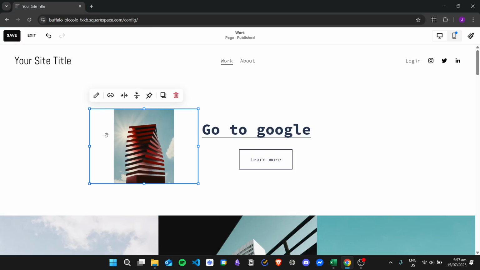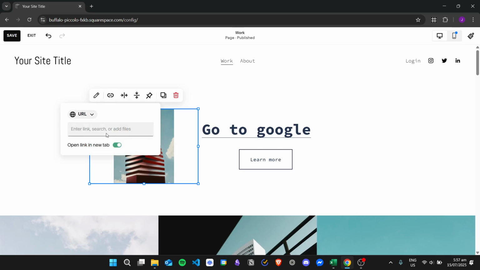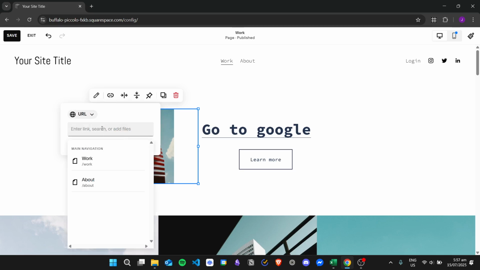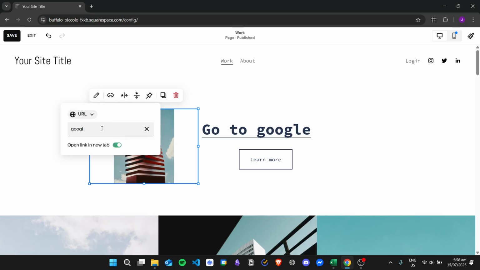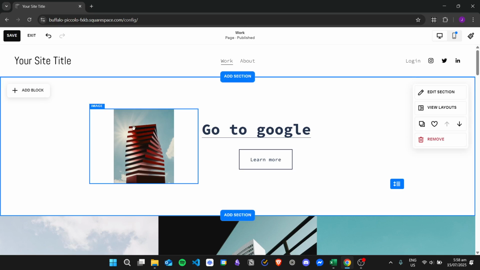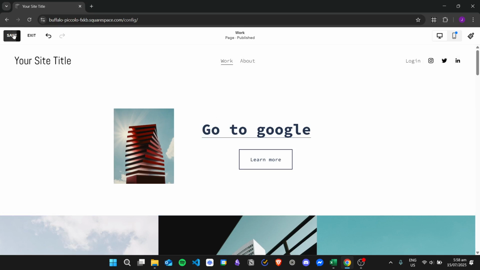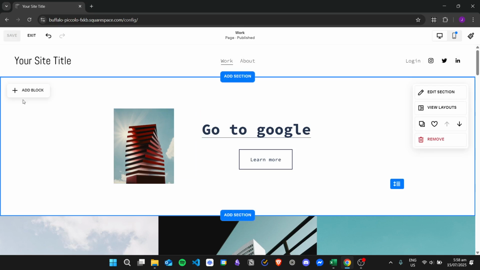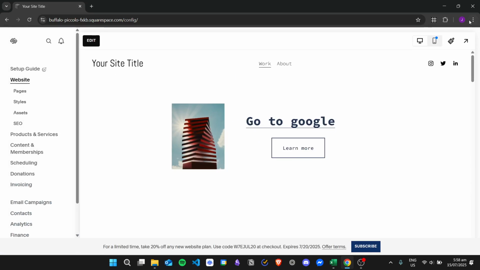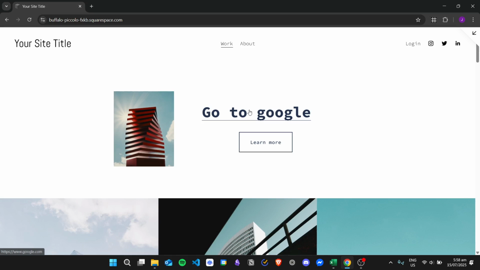And then for example, right here as well, you can also do it for the image. Just click on the link, and then for example, just type in google.com as well. So all of these elements that I've created in Squarespace all lead to an external page outside of our website. So just click on save and exit, click on preview, and once we click on this text